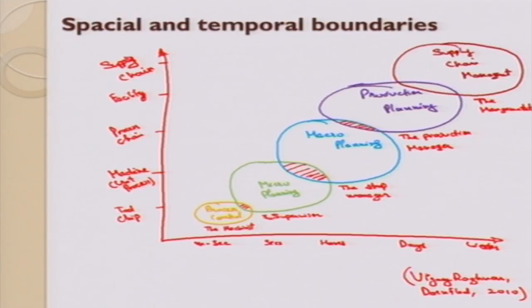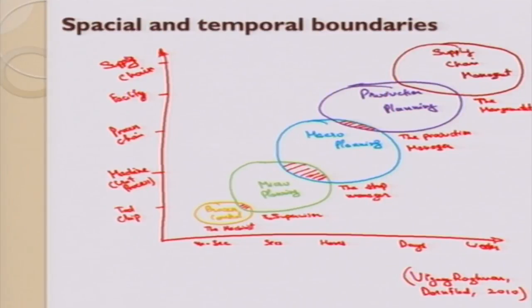The supply chain management. See, we have put the management here because supply chain management is not only the material flow. We need to consider the funds. We need to see the material requirement planning and the master production schedules. Those inputs are given by the production manager. So the management, the full team, takes the decision, not one person in general. So these are the spatial and temporal boundaries for a production system.